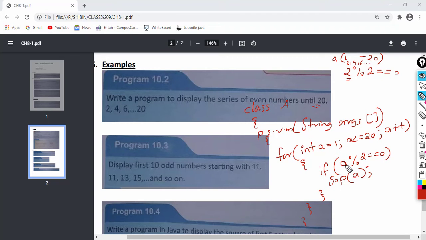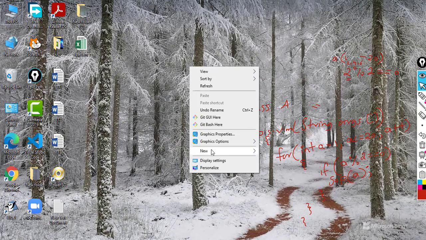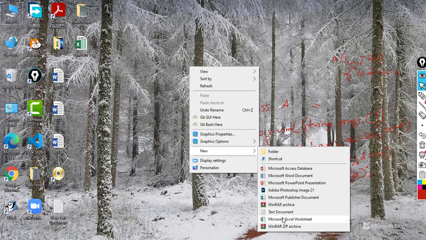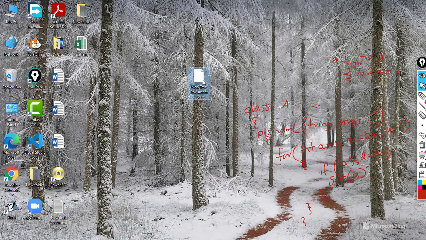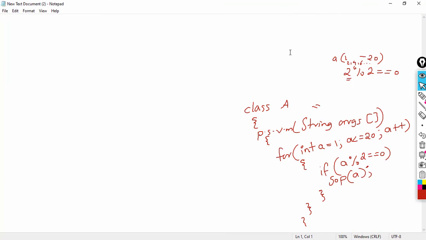See, when the value of A is 1, we can check what it will perform. 1 modulus 2.